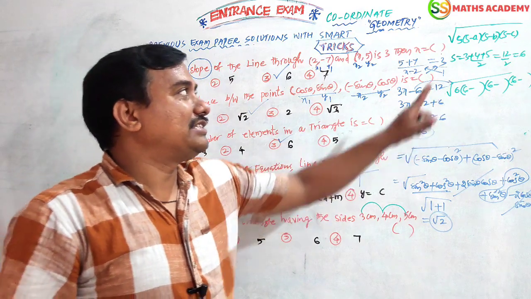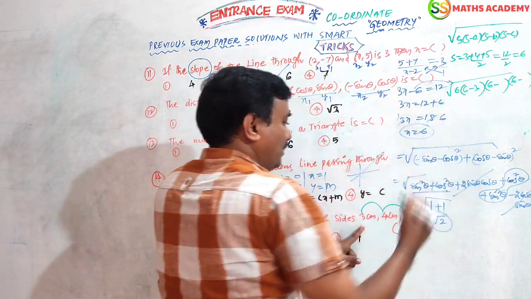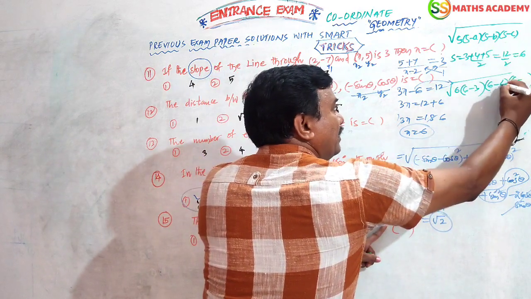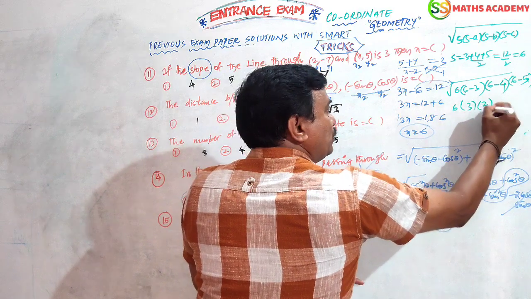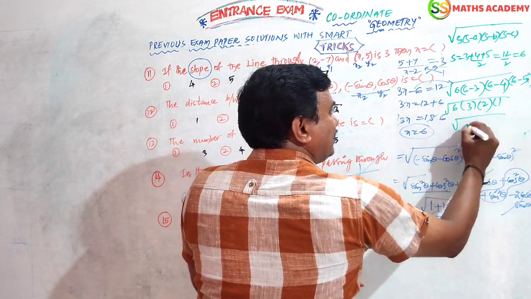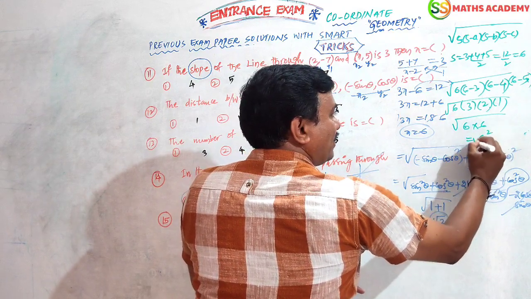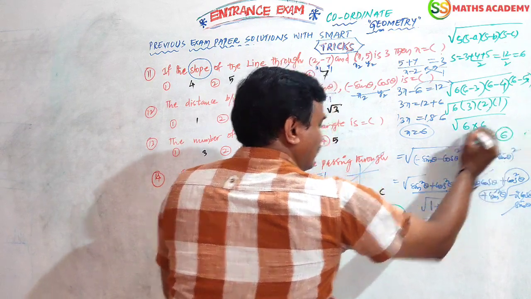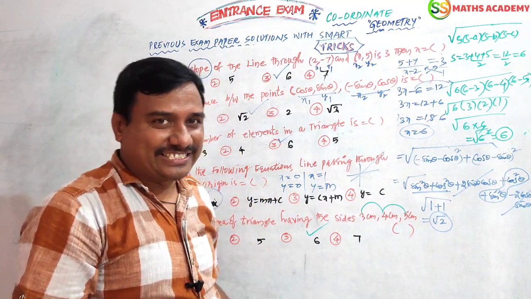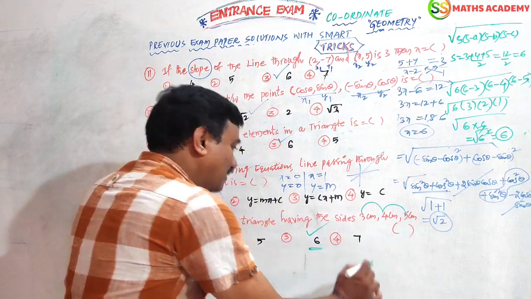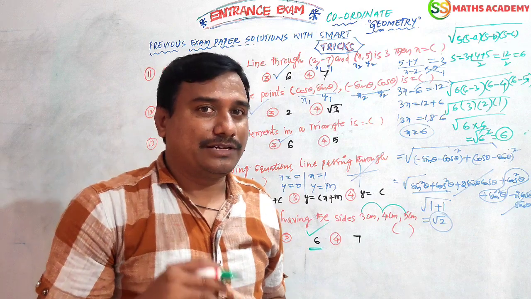Now substitute: 6 minus, 6 minus, 6 minus. These all are s values. a, b, c we have to substitute later. a value 3, b value 4, c value 5. So 3, 2, 1, here 6. 3 into 2 again 6. 6 into 6, 6 square. Square root cancels. Answer 6. Very clear, very easy answer also. Area should be 6 cm squared. That is the way we find it in an easy manner. But this kind of question will not come this year. Next year it will come.